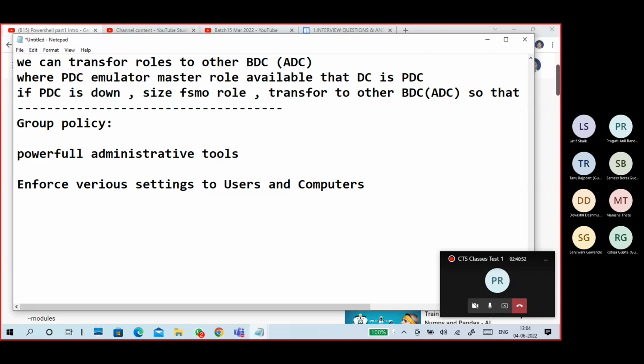Various settings to a large number of users and computers. What are the type of settings it is?